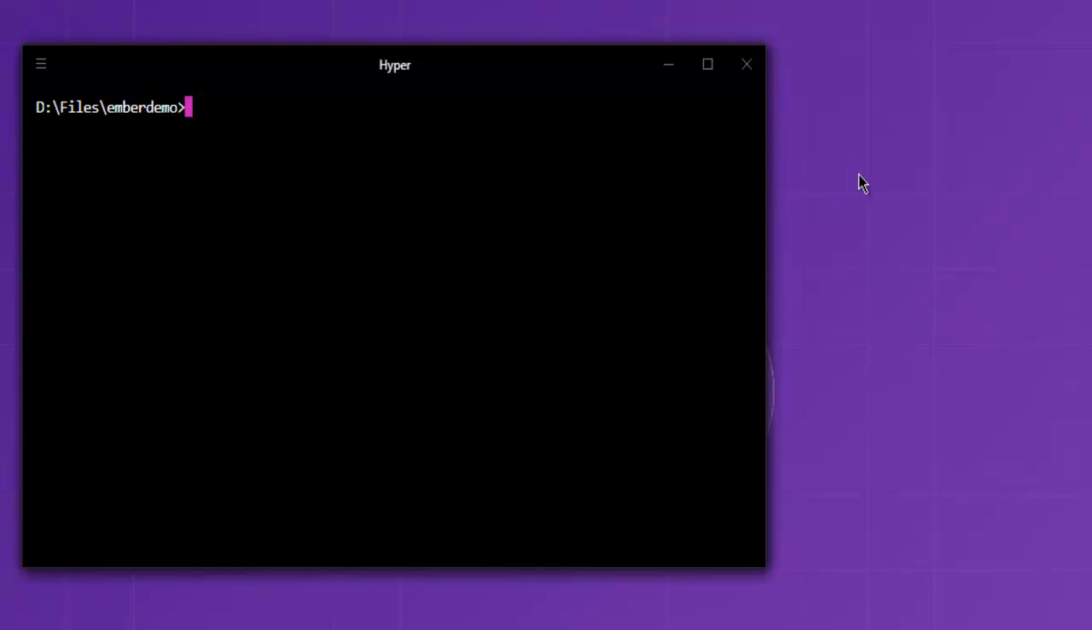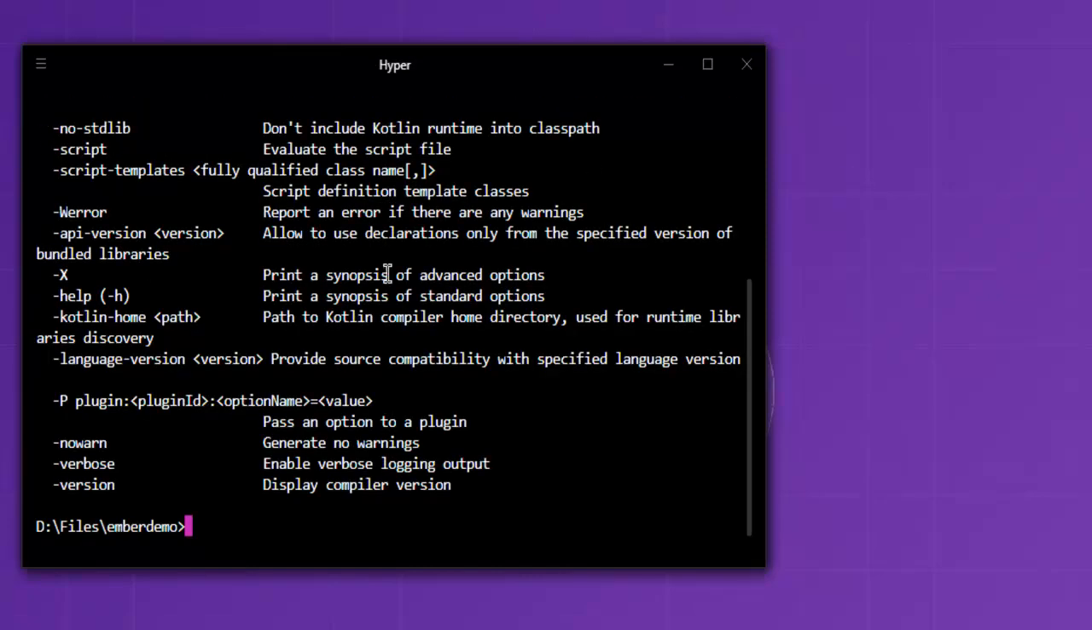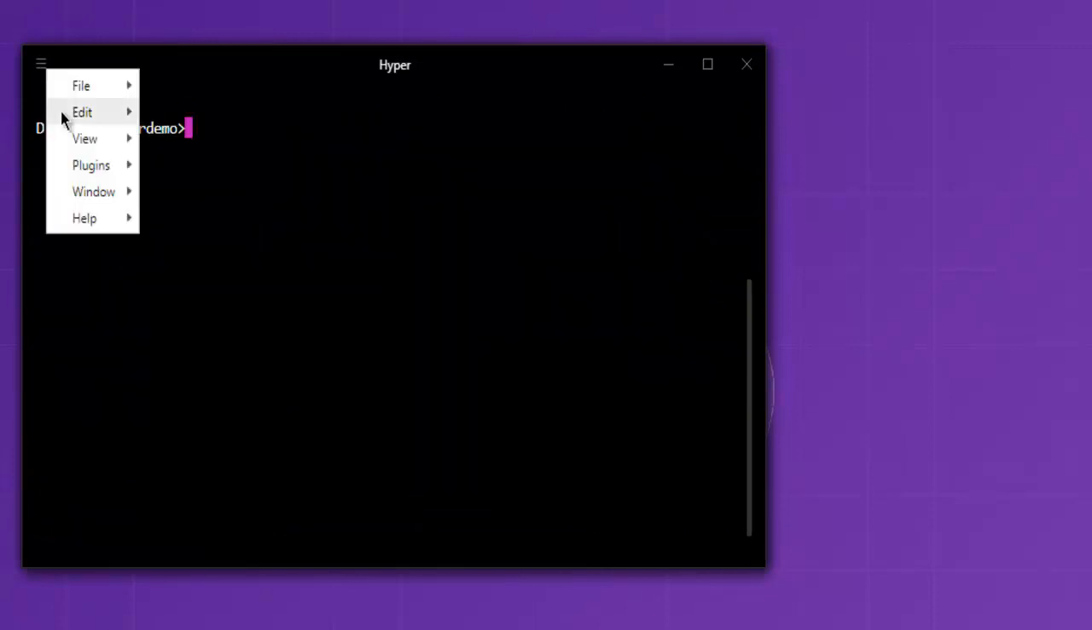So first thing is to check whether you have Kotlin installed by typing kotlinc -help. If you can get command line options, that means you have Kotlin properly installed. Okay, in that case you will get commands such as this. Okay, once you do that, you can